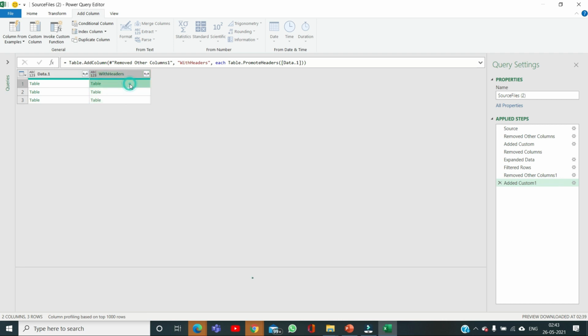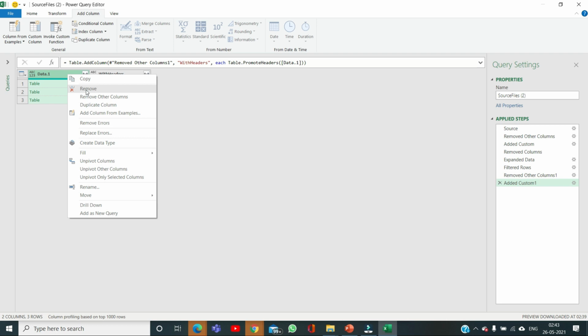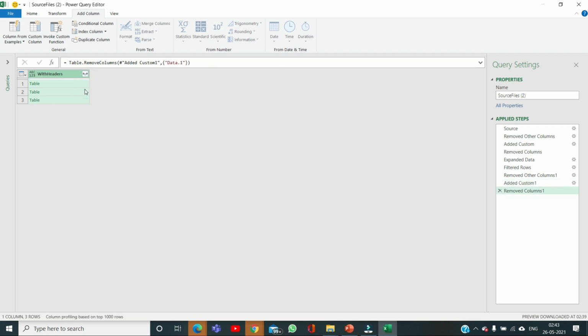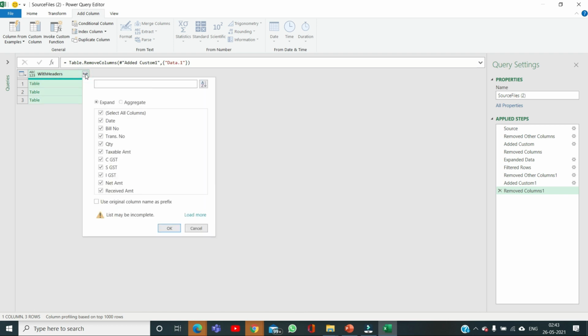There is one more column added, and now you can see that all our headers are in proper format. Now we can remove this column also, as it will take extra space, and our final file is ready here. We can now expand these files in the same manner. If you want to exclude any columns, you can just untick them.